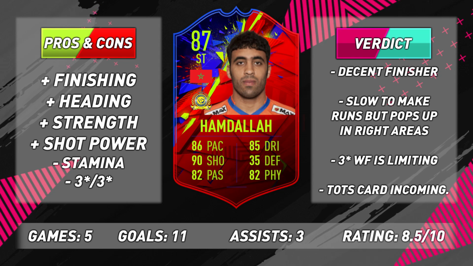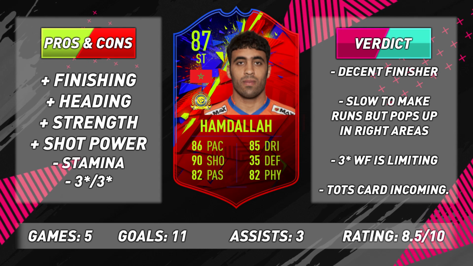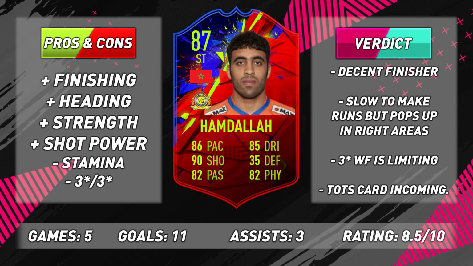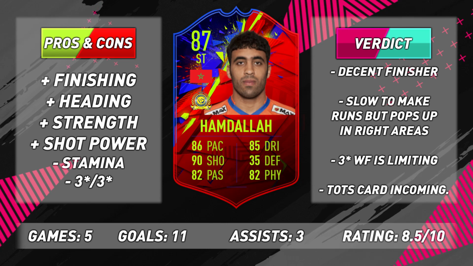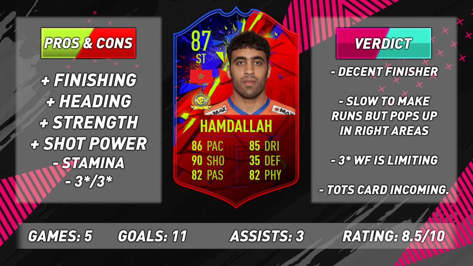When it comes to shooting, I thought this card was really solid, to be honest. His strikes are very powerful and accurate for most part. In front of goal, he's a pretty good finisher, and from outside the box, he can certainly strike the ball pretty well too. His composure isn't amazing though, so when this guy is under pressure, you will find that he's not as reliable